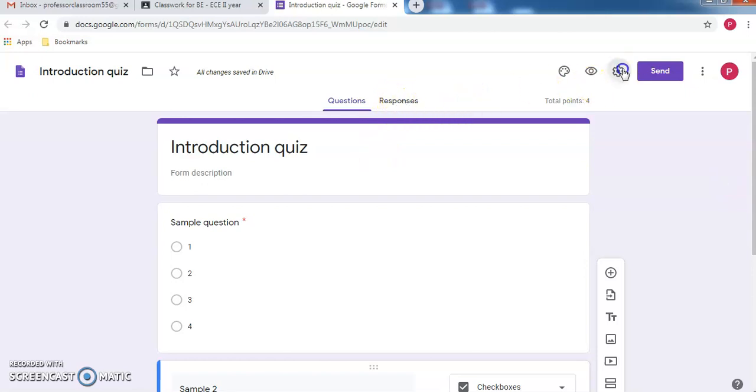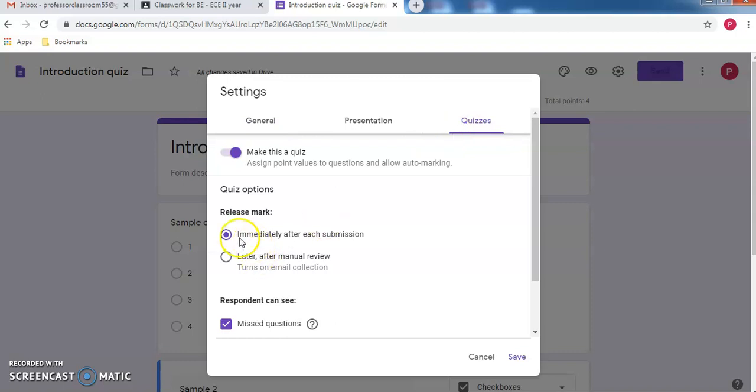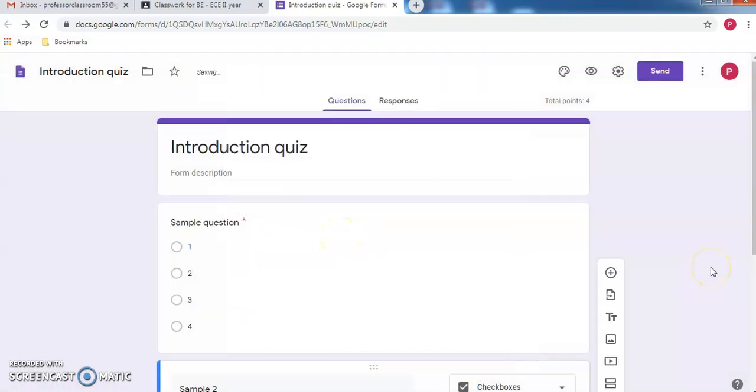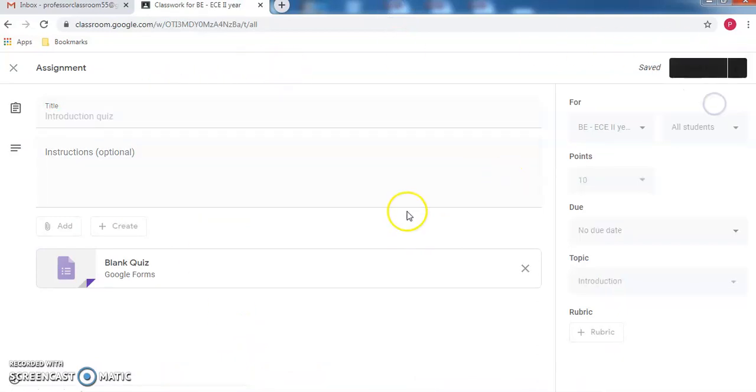Go to settings, quiz. It will immediately show our answers after submission. Click on save. Now close this. Again save as draft.